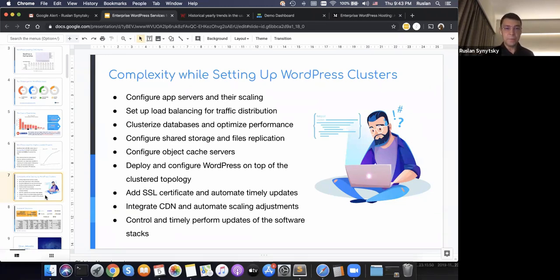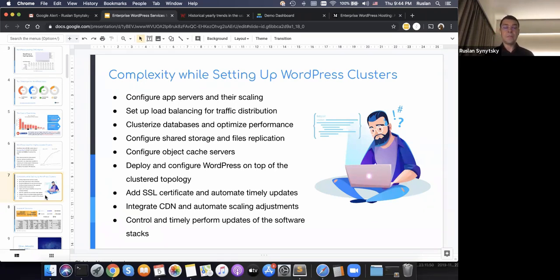Of course, you need to configure application servers, specifically their scaling while load is coming, so as to add new nodes. Scaling can be vertical and horizontal. Vertical scaling is a little bit easier, but horizontal scaling can be really challenging. You need a specific metering system to understand the current load, and then you need some kind of orchestration to add and remove nodes timely when load is growing and going down. And then you need, of course, to set up load balancing to distribute the load across your application servers. And to achieve high availability, it's better to have, let's say, two load balancers.